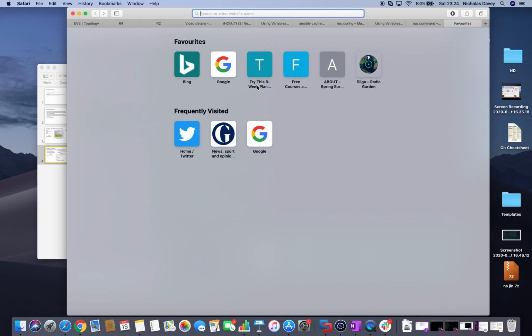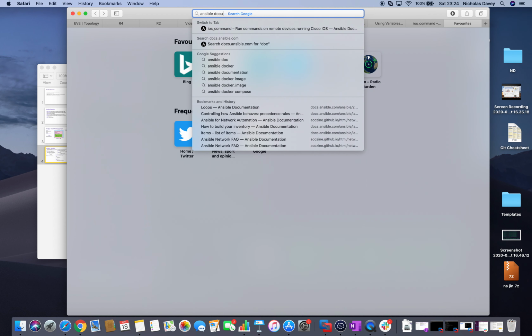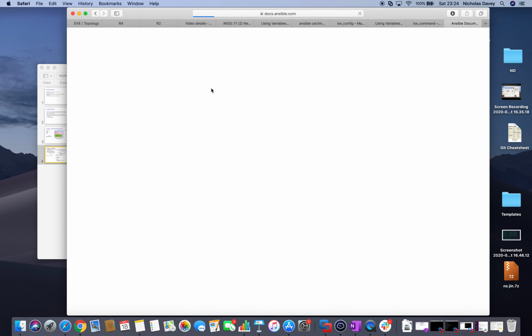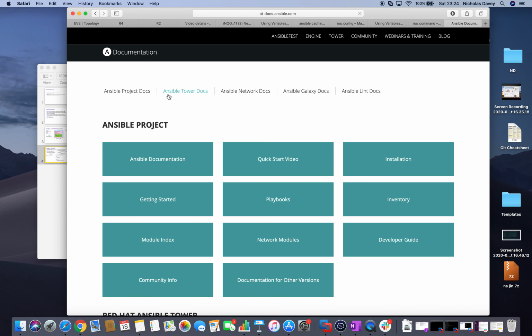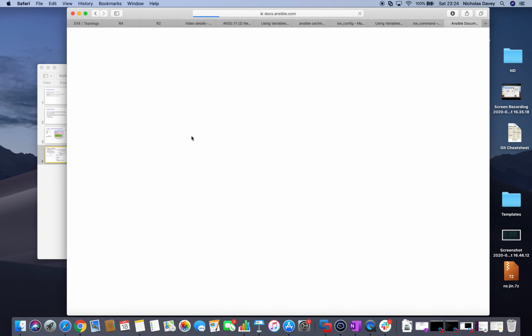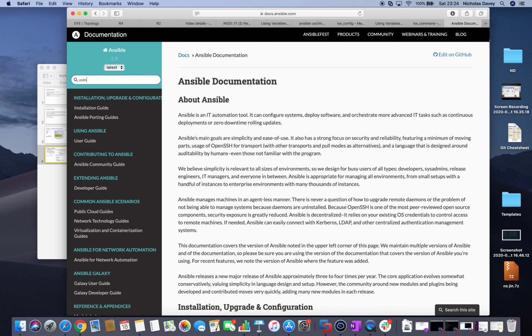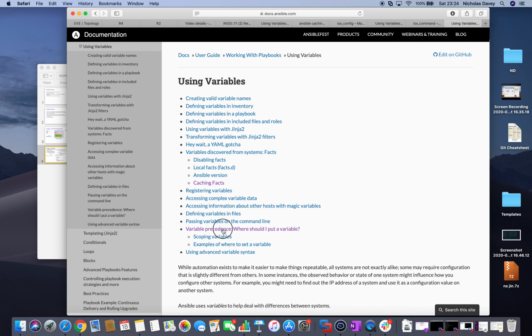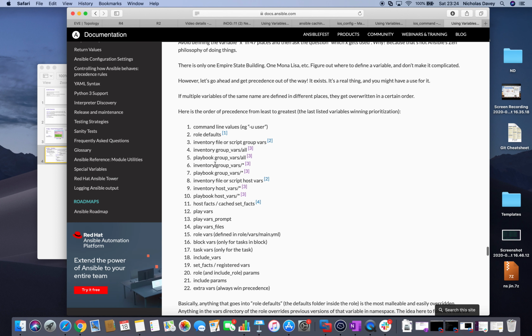But if you go to the Ansible documentation, you can see the precedence, and let me just find this. If we search for, I think, using variables, it should have the precedence for us. Yep, variable precedence. You can see here that there's lots of different places that we can declare these variables. So it is possible that you could have a variable, say ntp_server, declared in lots of different places,